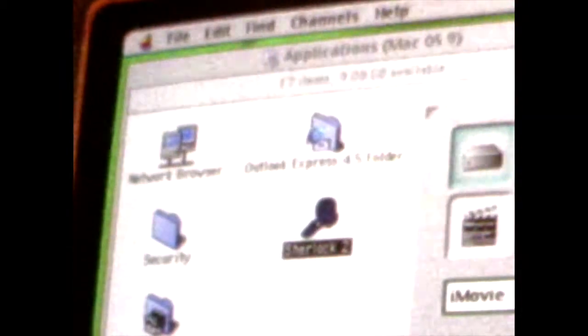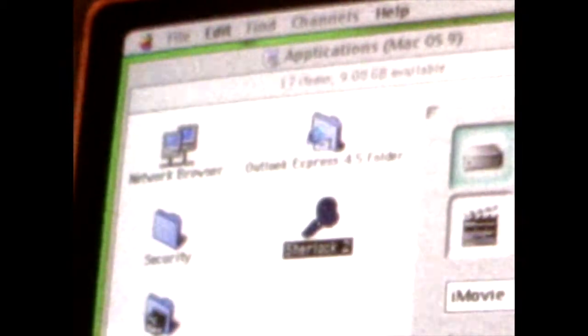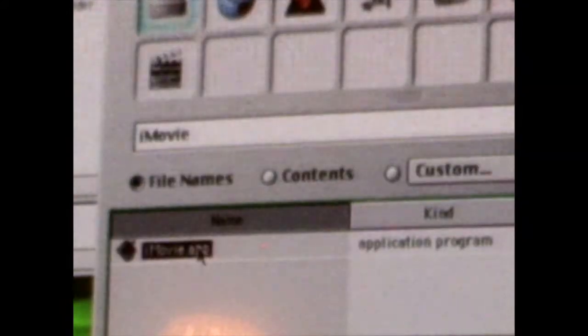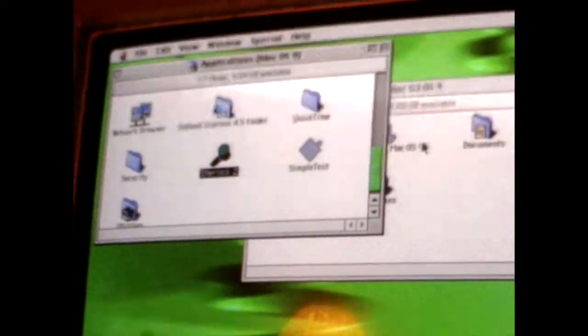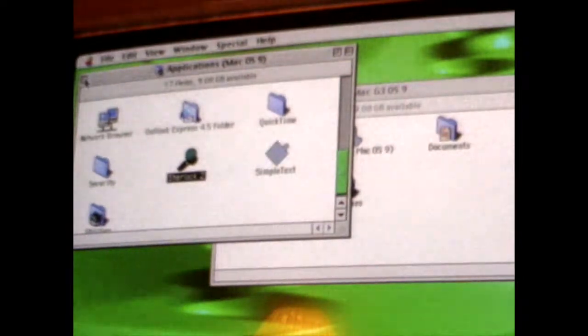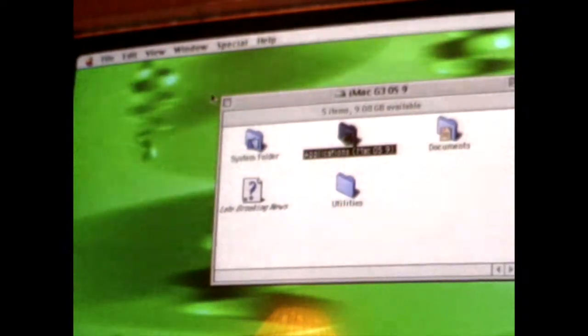iMovie, search. Now it is searching my hard drives. It found one item, iMovie.app. Wait, I can't. Oh, it's because it's on the 10.1 partition on my hard drive. Okay, so since I cannot show you that program, I am going to move on to the next thing,